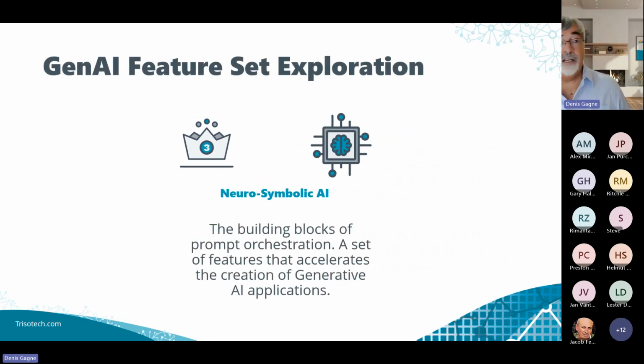So the whole idea is to create a generative AI feature set, that is, to create building blocks so that we can use these generative AI building blocks and compose them into an orchestration of the desired application or behavior that we want.